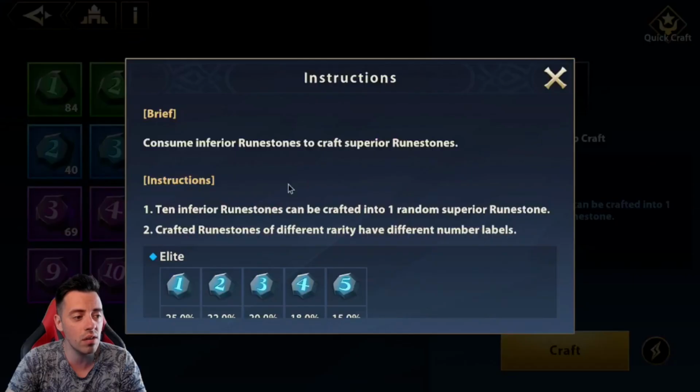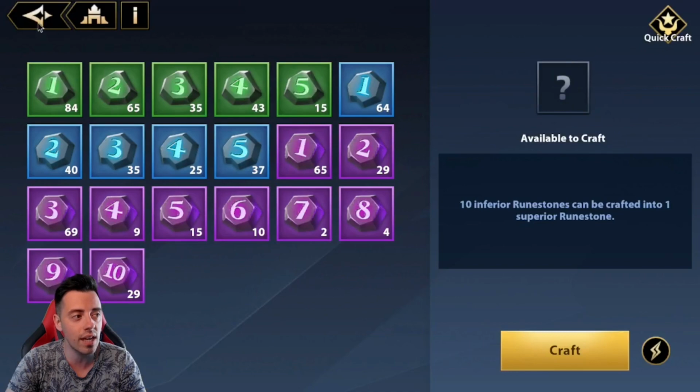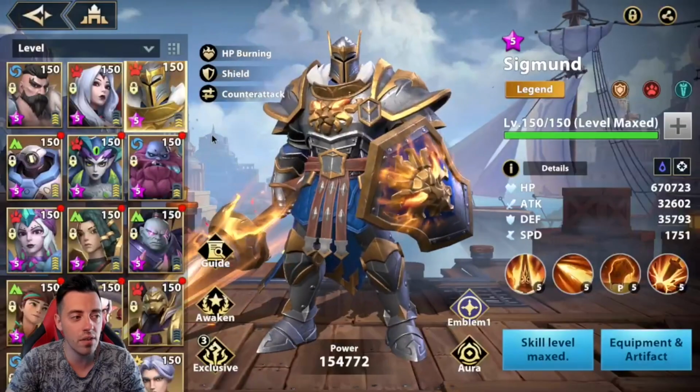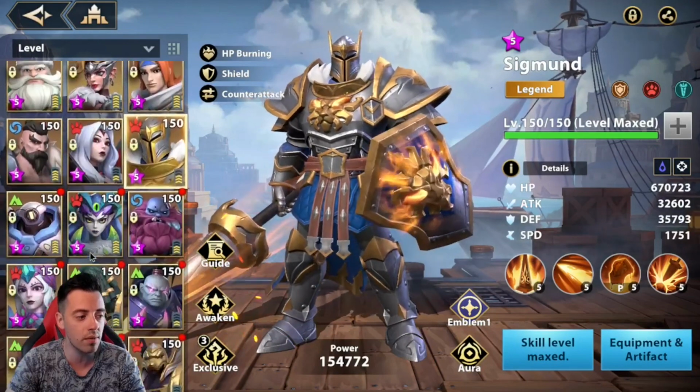If you have a look here, 18% to drop the number 1, 16% the number 2 and 15% the number 3. So these runes are the easiest to get. So the Combat Vanguard is the first aura you should build, you should construct, you should craft on your heroes